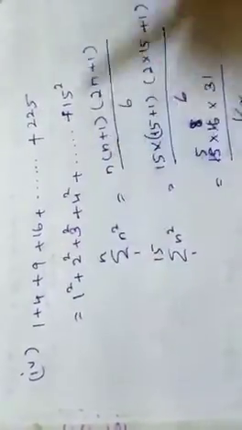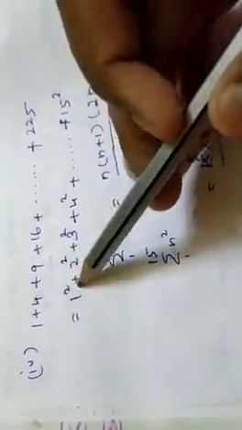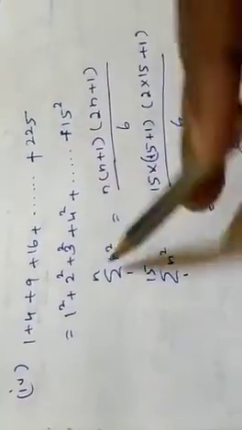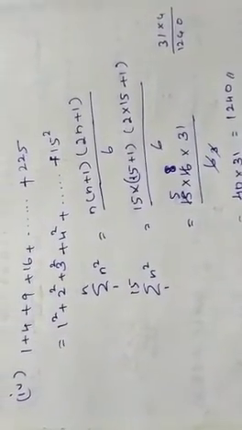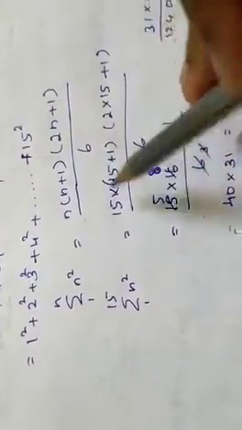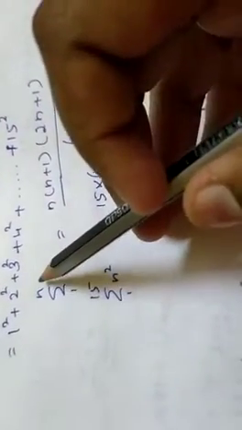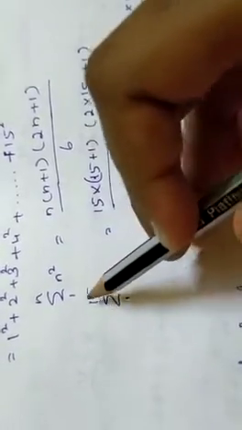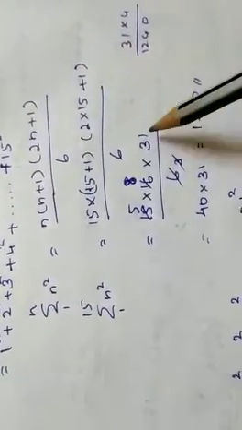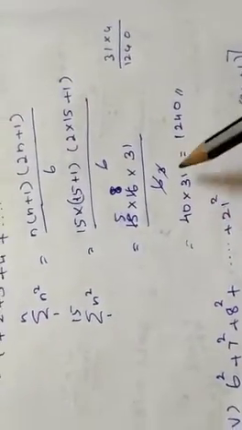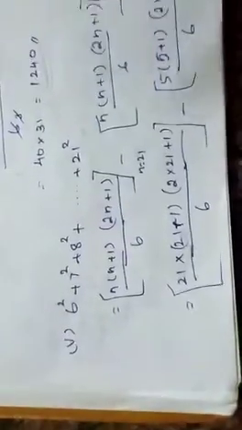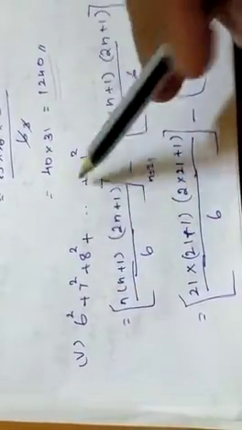We can know that these are the squares of some natural numbers. So we'll take, this is 1 square, 2 square, 3 square, 4 square till 15 square it is there. Okay, so you already know the formula for the sum of squares of n natural numbers, which is n into n plus 1 into 2n plus 1 divided by 6. So first we are finding sigma n by 1, which is n square. So sigma 15 by 1, which is n square. So we'll get 15 into 15 plus 1 into 2 into 15 plus 1 divided by 6. So we'll get the final answer as 40 into 31, as 1240.